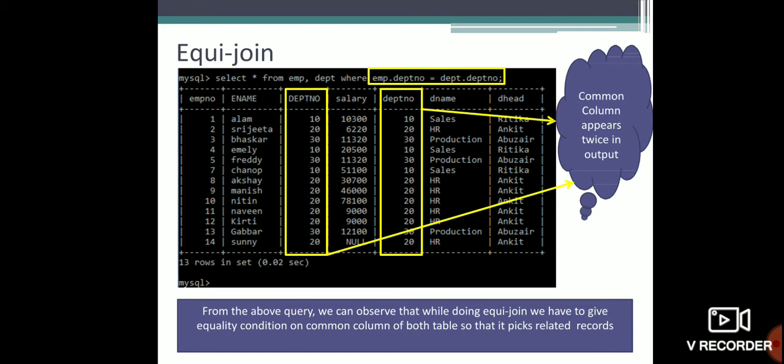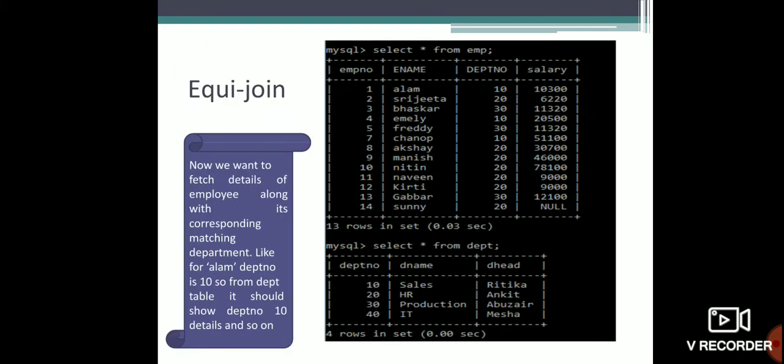Now you can see one more thing in the department number. How many departments were there? 10, 20, 30 and 40. So how will the department be represented? In the employee table, wherever the department number is 10, the department name will be displayed the same, and the department head will also be the same. Alam's department number is 10, so in the department table the department number will be 10, D name will be Sales, and